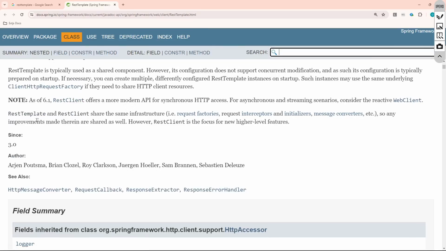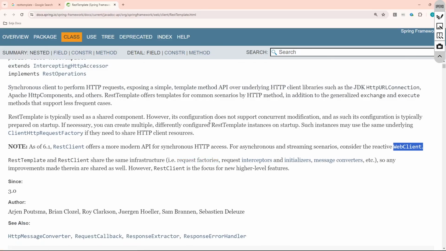Now we are being advised that the RestClient and RestTemplate share the same infrastructure, but then we need to consider using the reactive web client. So I'm going to show you how we are going to make use of the web client to make the call to the other microservice, because that is the suggested new client to make this particular